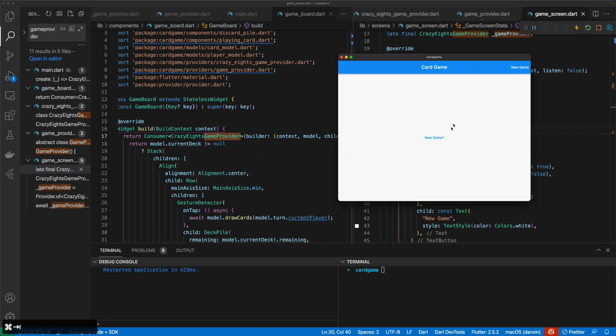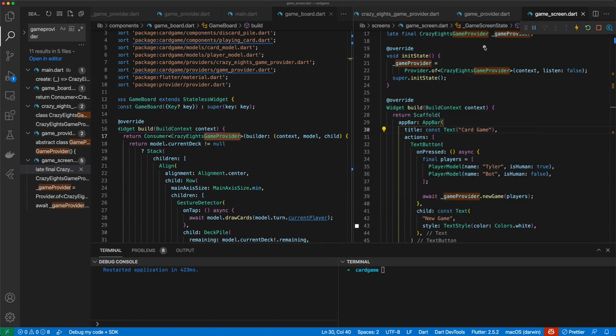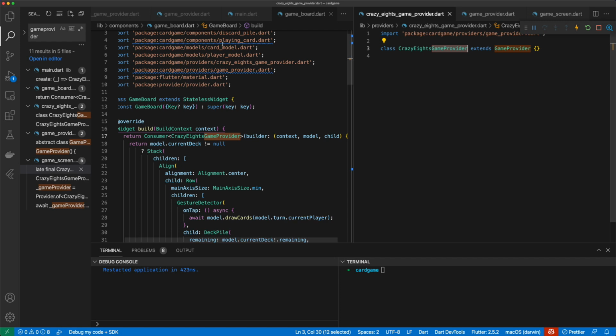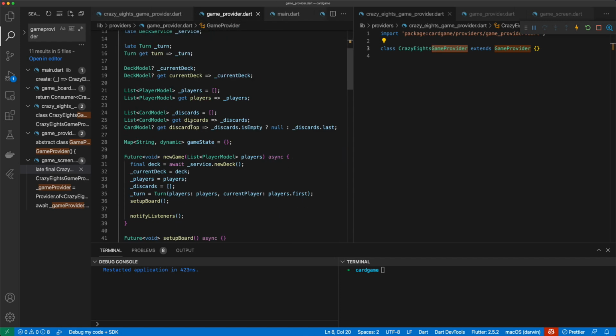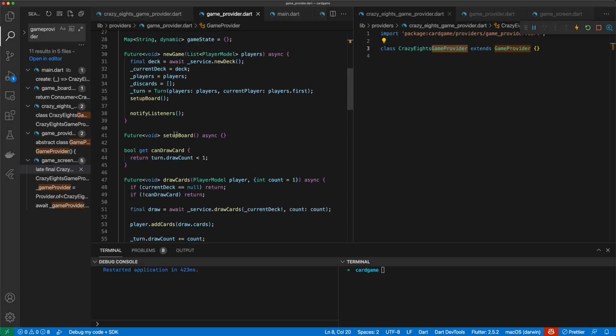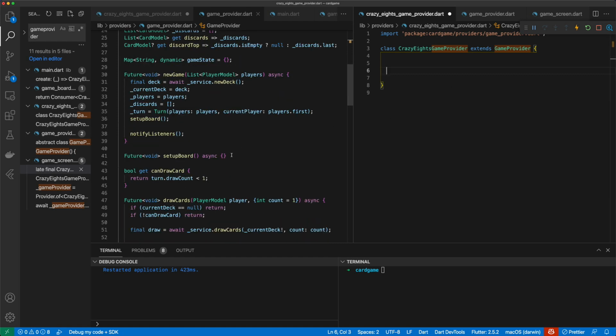And everything else should work now, in theory. And we go back here, and there we are. Now, this will behave exactly the same way because of the way inheritance works. Anything that is a public method of GameProvider, so discards and new game and setup board and everything, I can basically call from here. But the beauty is we can actually do some overrides of various functions. So for instance, let's take our setup board function,